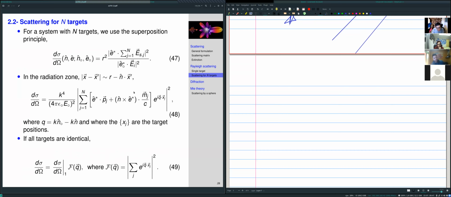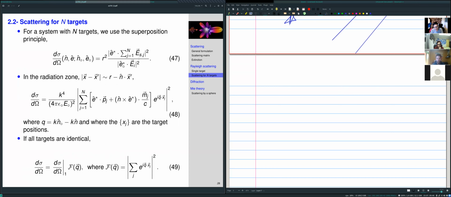This is a standard development. I'm not sure whether all of you have seen it before. It used to be quite important to go through, but I think it's kind of been lost from the undergrad courses. This is diffraction networks, where you superpose the